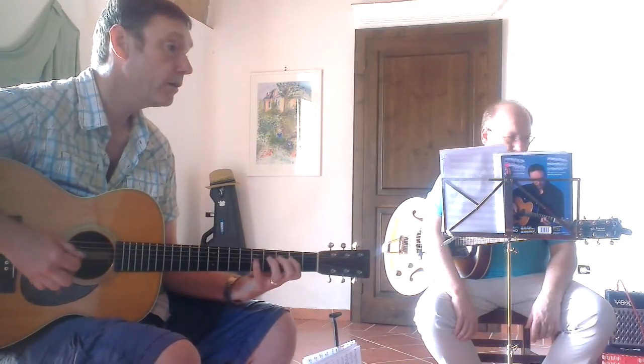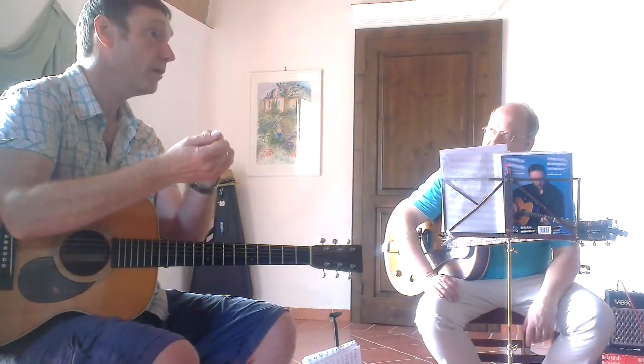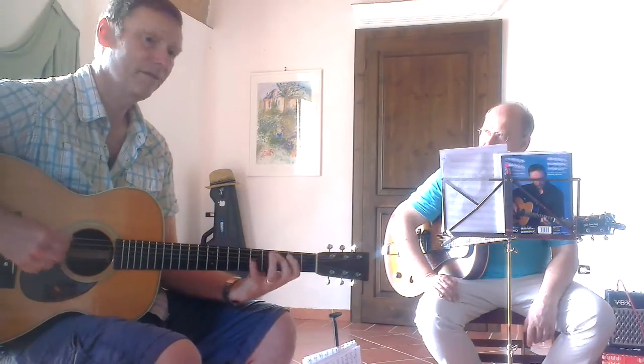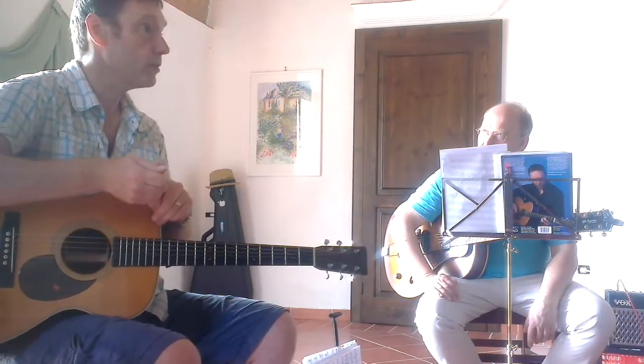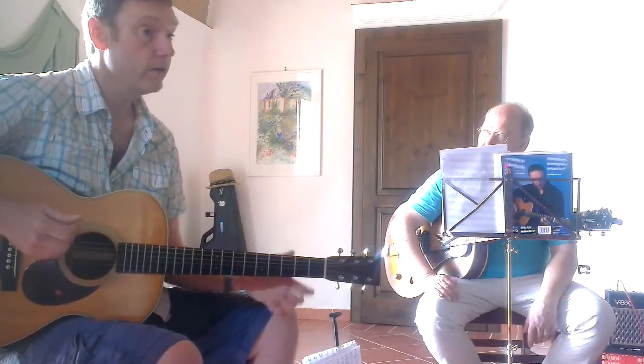The same as if you practice scales. If you practice scales like this, it doesn't help. If you practice scales like this, horrible. What this does, this forces your right hand to get better. If you do this, you can cheat. If you do this, you can't. Now, I don't play the guitar like this, but when I practice scales, I do this, because it's almost trying to make you make a mistake, okay? But when you can do that loud,